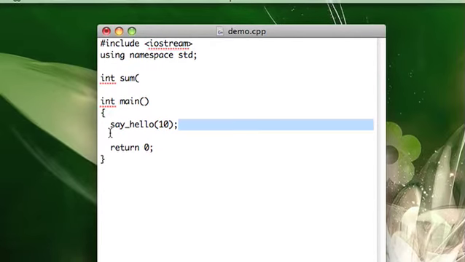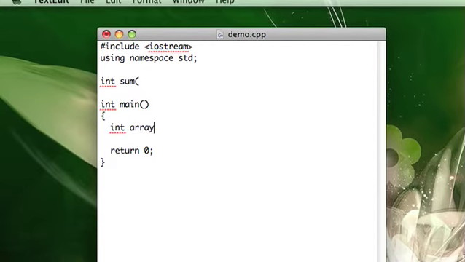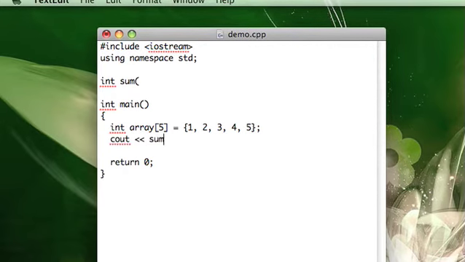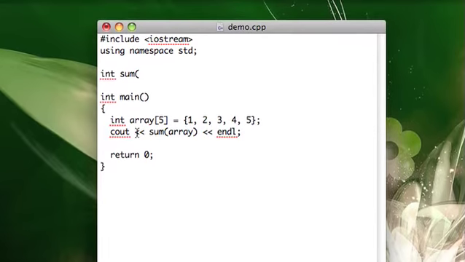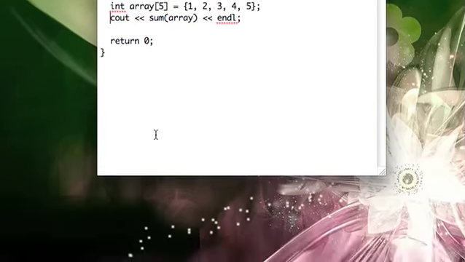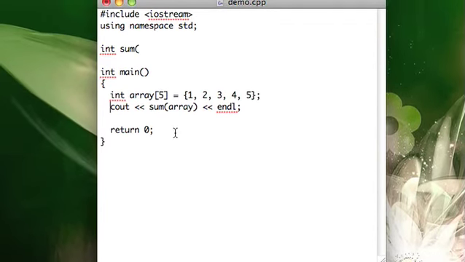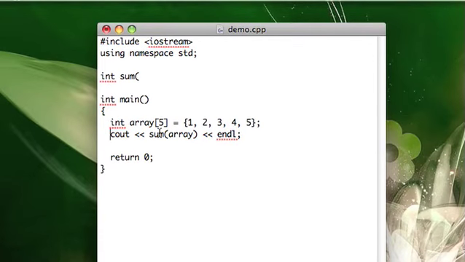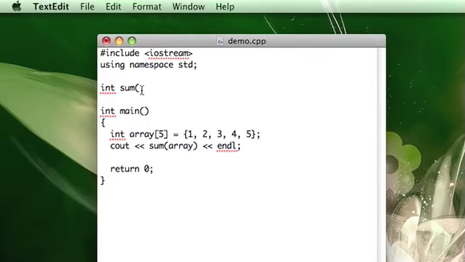So you want to be able to go int array[5] = {1, 2, 3, 4, 5}. You want to be able to go cout the sum of this array. You want to be able to just output the sum, and you don't want to go through the process. Say you're finding the sum of several arrays, and you don't want to write all the code out again. It's a pretty simple for loop, but you want a function to do it, and that's totally fine. It's possible to pass arrays into